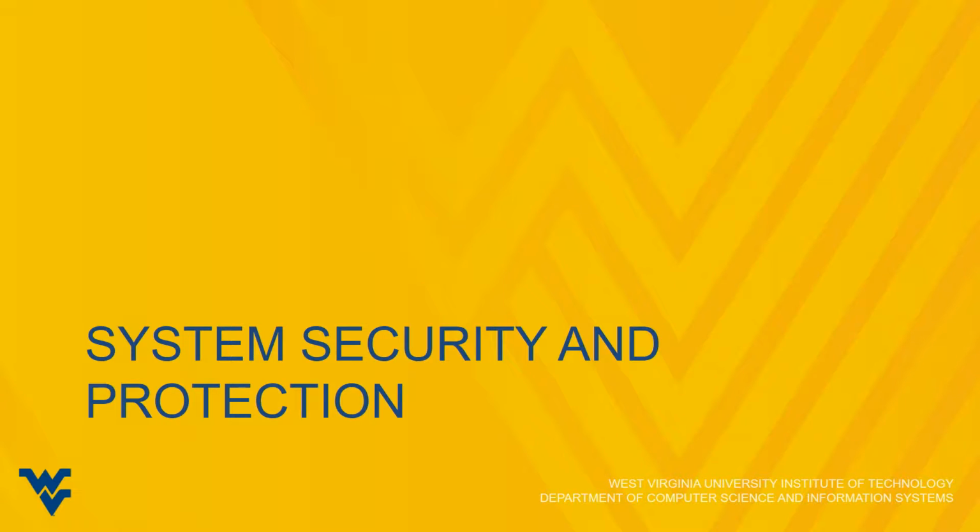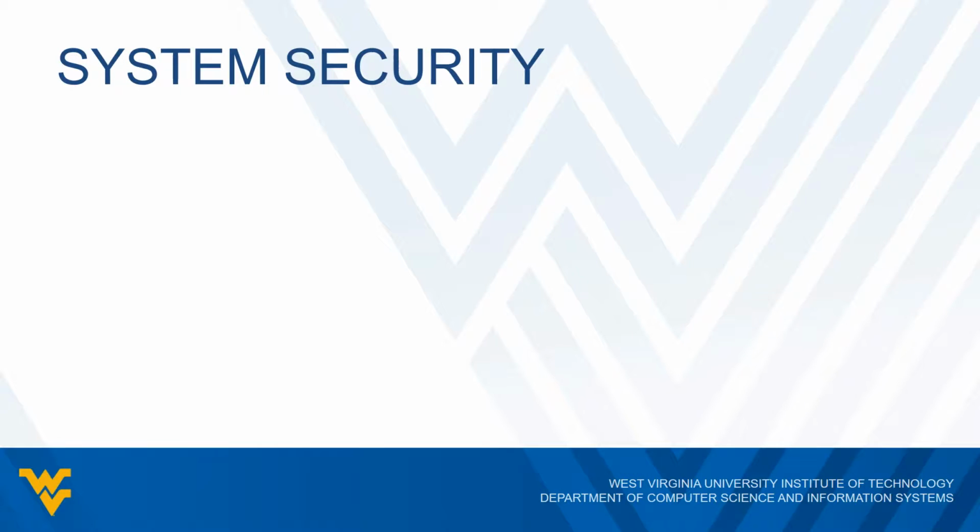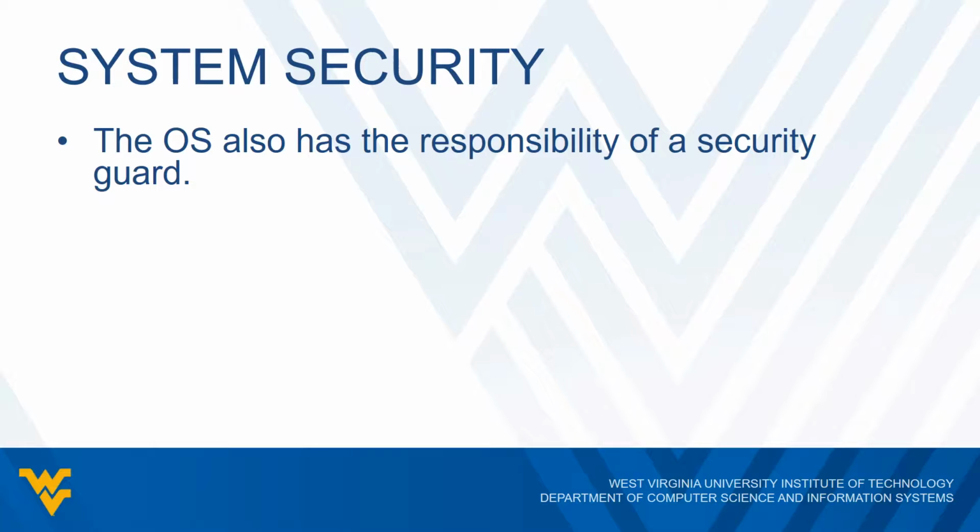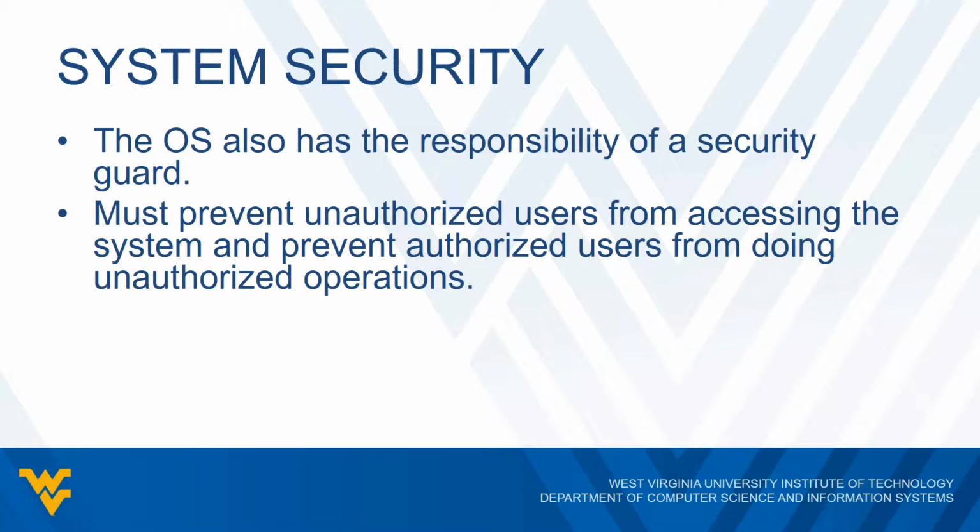We'll now take a look at how the operating system handles system security and protection. In addition to being a receptionist, the operating system also has the responsibilities of a security guard, controlling access to the computer and its resources. So it must prevent unauthorized users from accessing the system, and it must also prevent authorized users from doing unauthorized things. So, at a minimum, the operating system must not allow people to access the computer if they haven't been